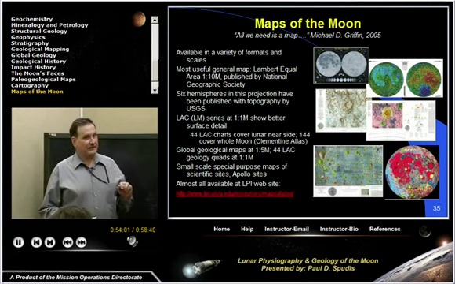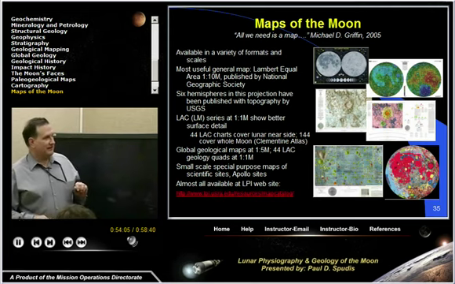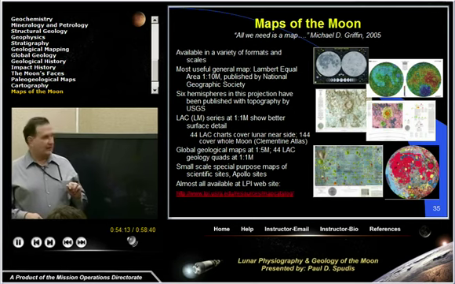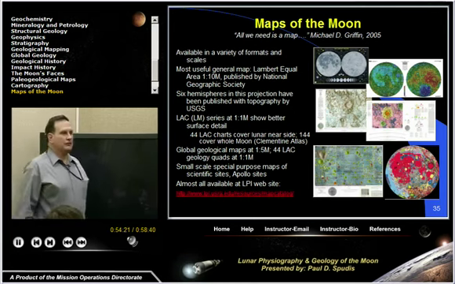And those are free. You can download those and print them out yourself. There's a variety of different topographic shaded relief maps and geologic maps. This covers the entire front side of the moon. There are special large-scale maps plotted on orbiter photographs that actually have the Apollo landing sites, including the big global sites as well. I include down here at the bottom a link where you can go